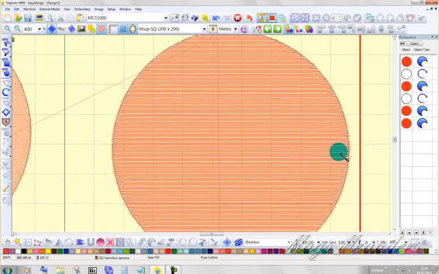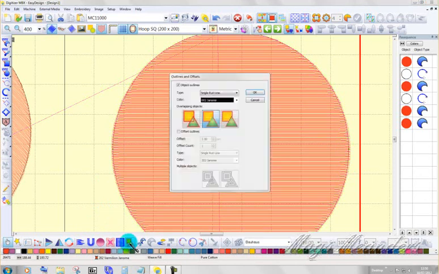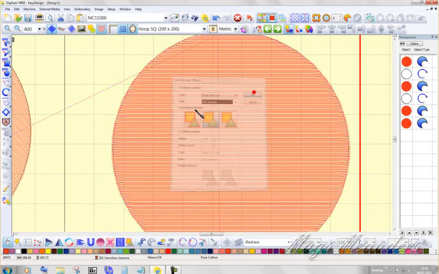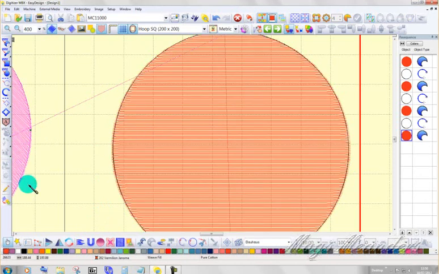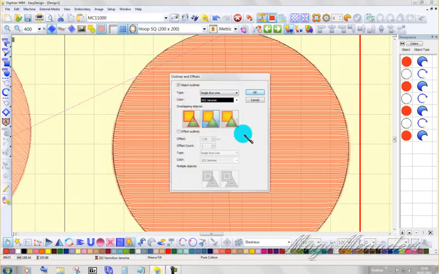So we do the same on this one. We highlight it, and you can see the stretchiness allowance has actually come over the trace line there. That heavy pink line is the trace line, and we put an outline around that. Okay, and we do the same on this one, and we put an outline on that one. Okay,